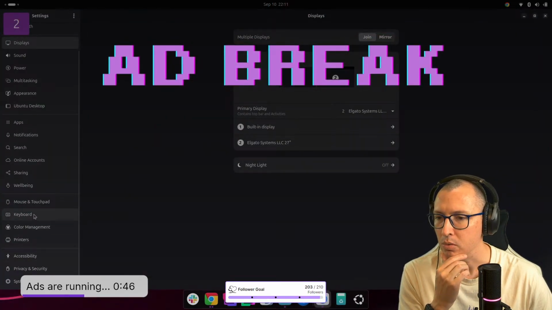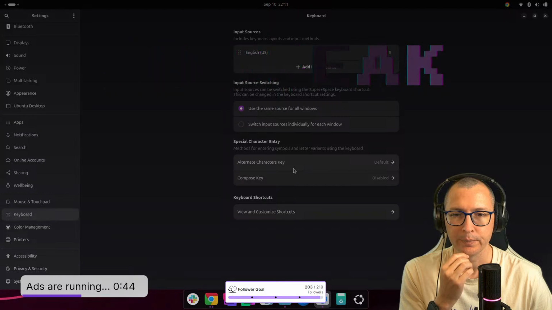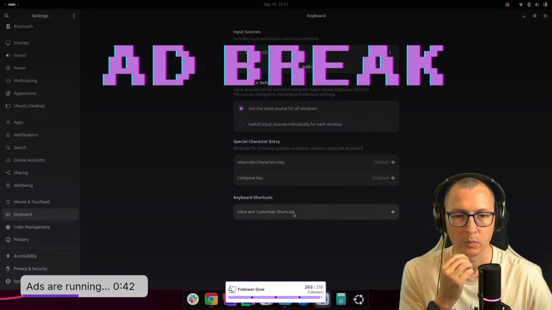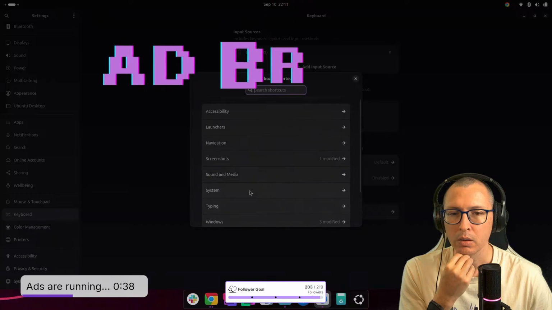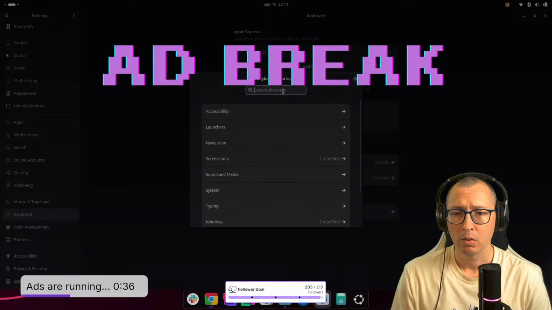Shortcut search keyboard. Shortcuts. Copy.